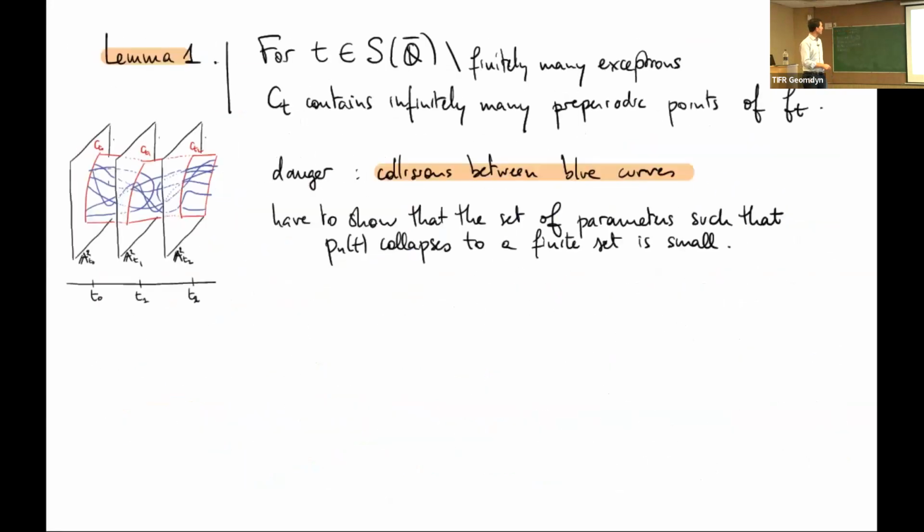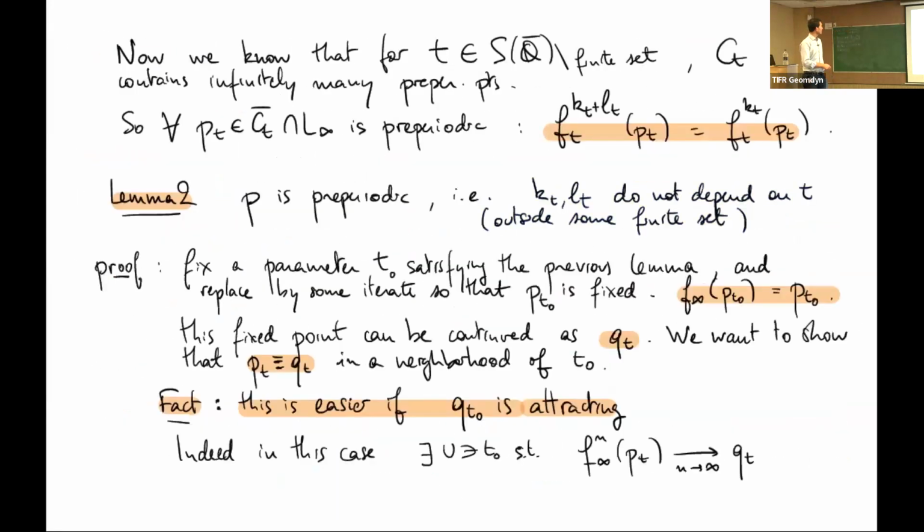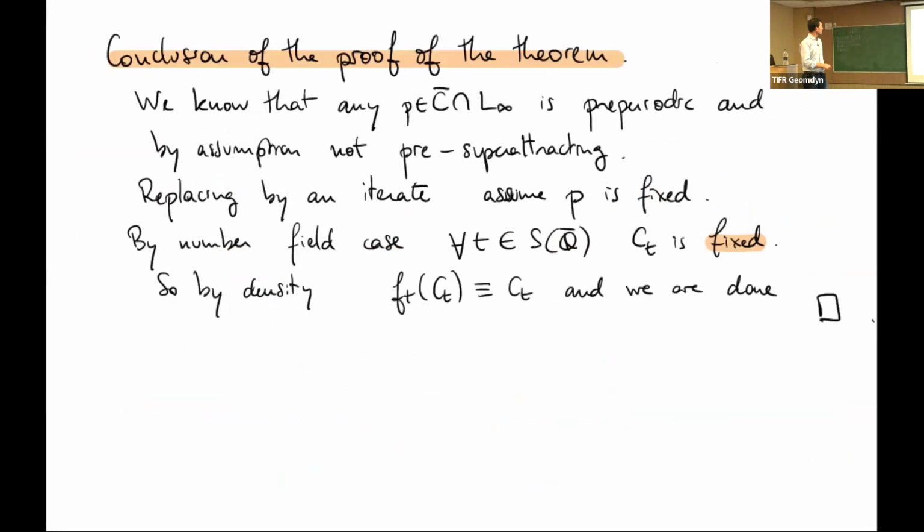Now let's come back to this last slide. I replace by some iterate, and I know that for every algebraic t0, the curve C0 is fixed. It's not only preperiodic, but it is fixed now that I fix the point at infinity. So you have an equation like this for all algebraic numbers, but then just by usual density, it is true all the time. And this being true all the time means exactly that the curve is periodic. That's it.